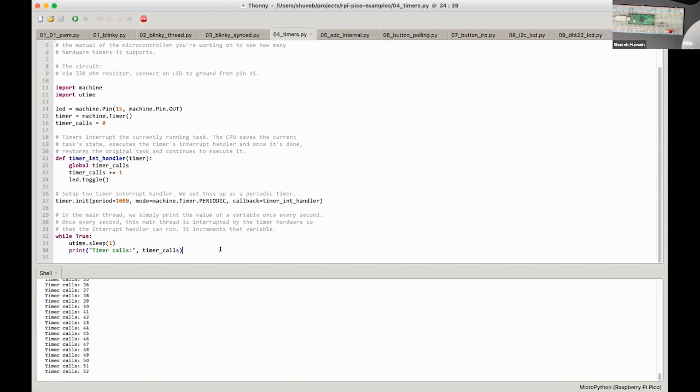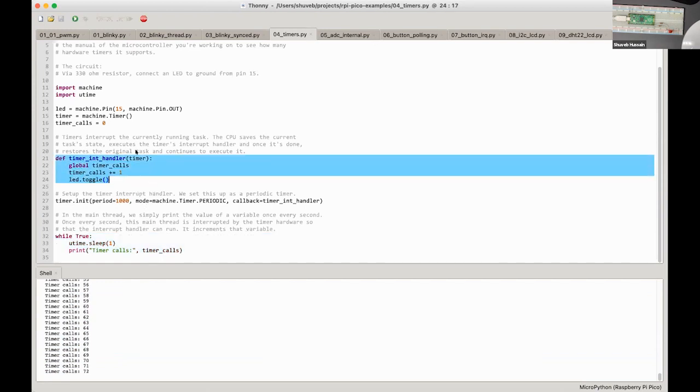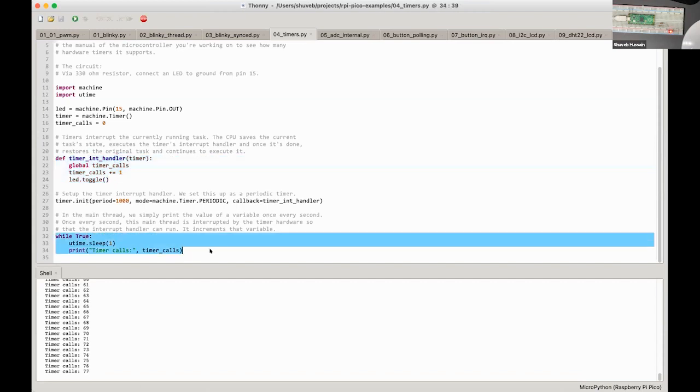So essentially, this particular code is your main thread, right? It keeps running on a particular CPU core. And every timer interrupt, the CPU is interrupting this code, saving the context, going to the interrupt handler, and running the interrupt handler. Once the interrupt handler is done, it restores your main thread and lets it run. So every 1 second, this exactly is what's happening. We are using the hardware facilities that the Raspberry Pi Pico provides. That's kind of cool, right?